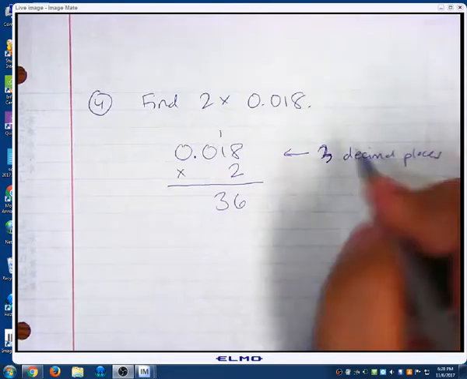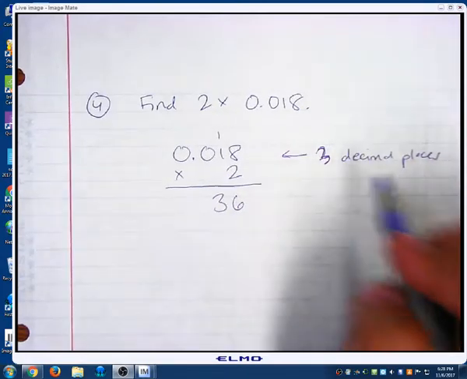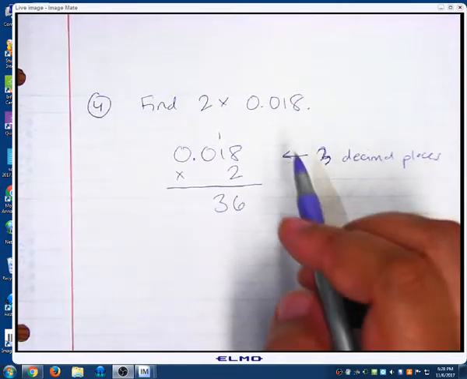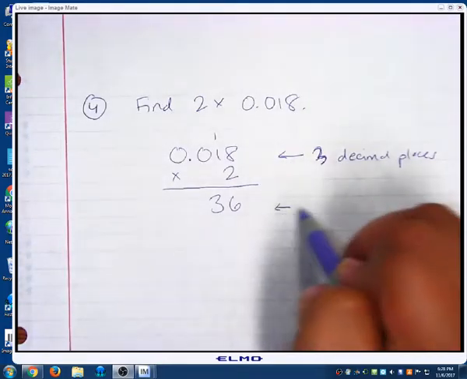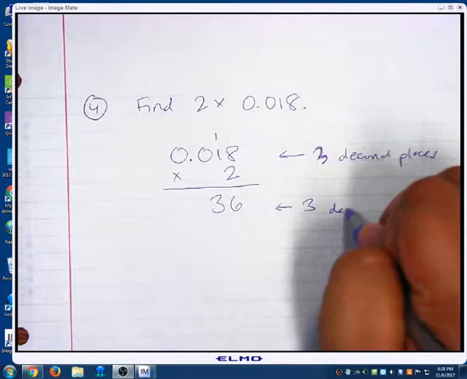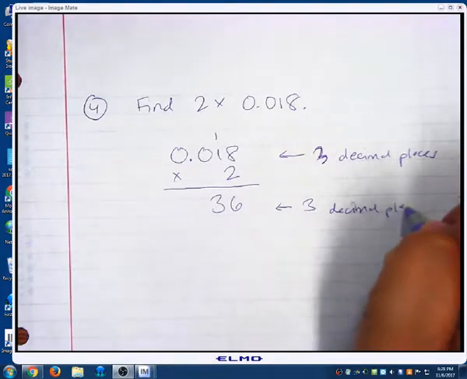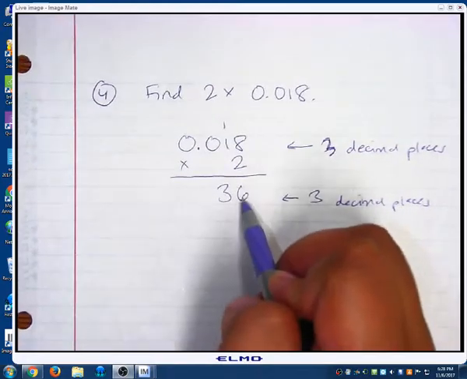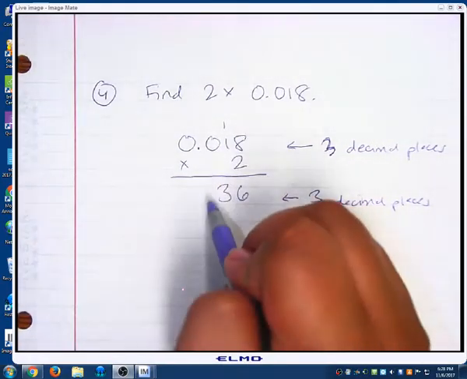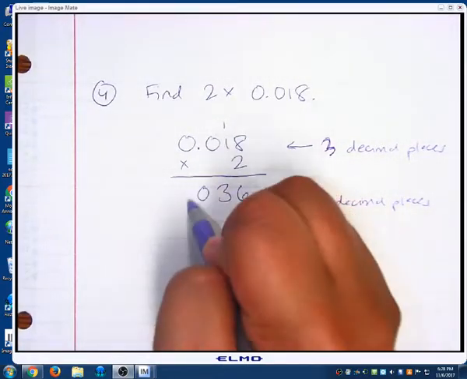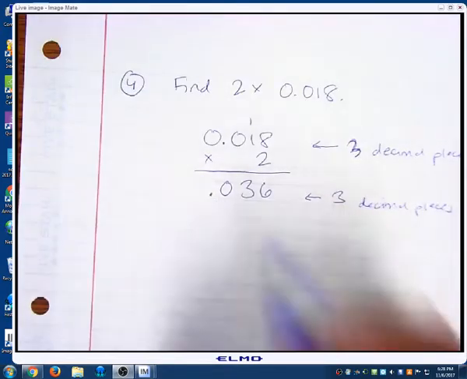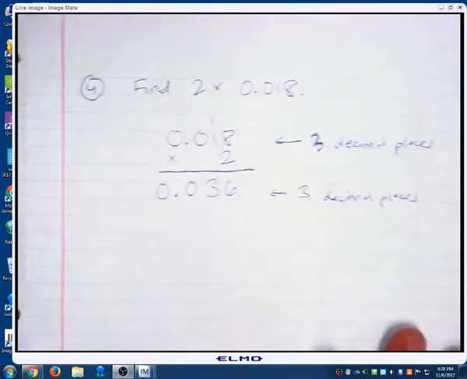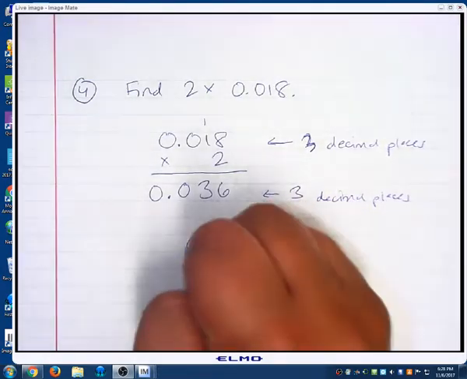Sorry, I almost started writing 2. This is a 3, right? 1, 2, 3 decimal places, which means I should have 3 decimal places down here as well. But I only have 2 digits. So I have 1, 2. That means I need to put a 0 here, then put the decimal point. Okay? I always keep mixing that up. So my final answer is